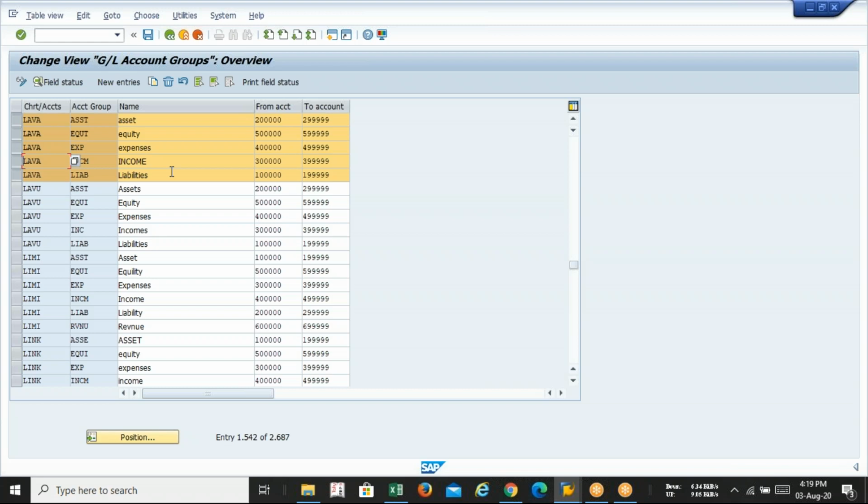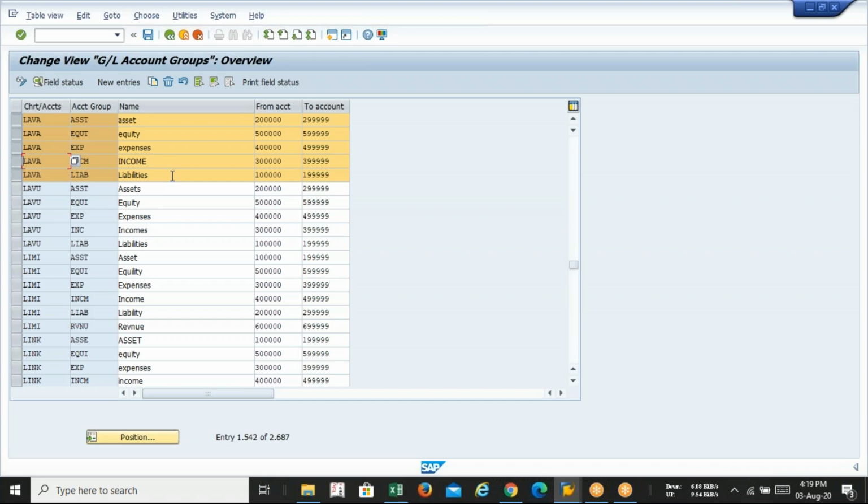In the last part of the FI module, we will have content called year-end activity or month-end activity, where we will learn how to generate the balance sheet and PL from SAP FI. SAP will generate the balance sheet and profit and loss account on the basis of your GL account. So you are saying that 1 lakh to 1,99,999, any GL number in this range will come under liability. That information is known only to the user.